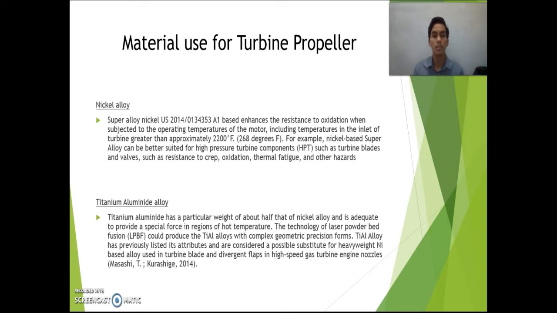And the latest one is the titanium aluminide alloy. Titanium aluminide has a specific weight of about half that of nickel alloy and is adequate to provide a special force in the region of high temperature. The technology of laser powder bed fusion provided the titanium aluminide alloy with complex geometry precision for